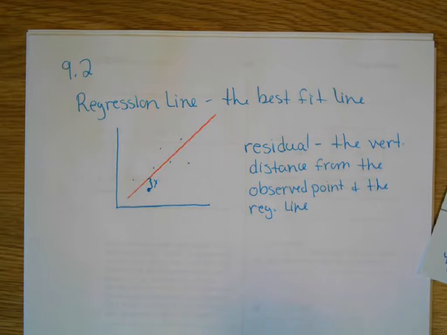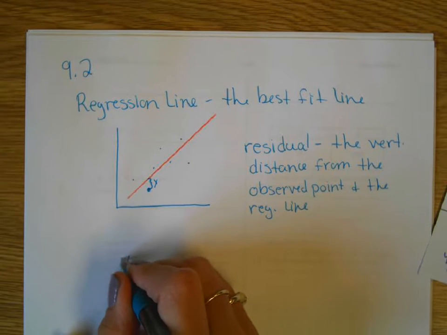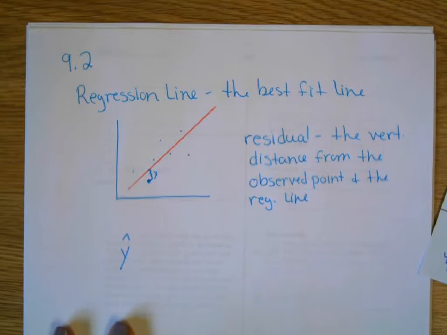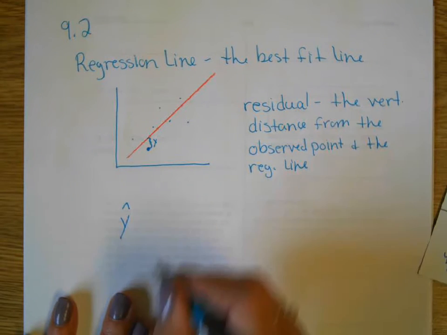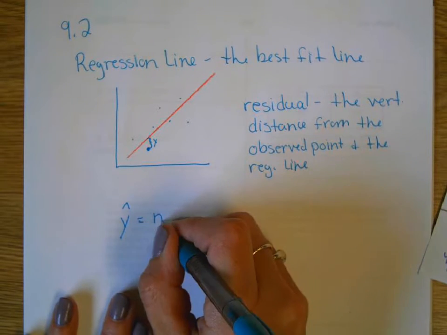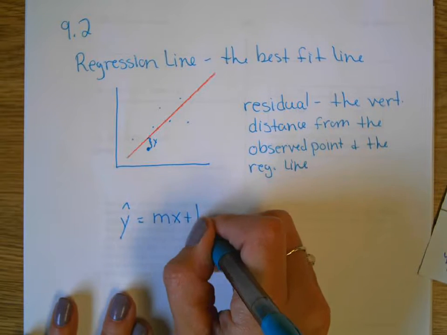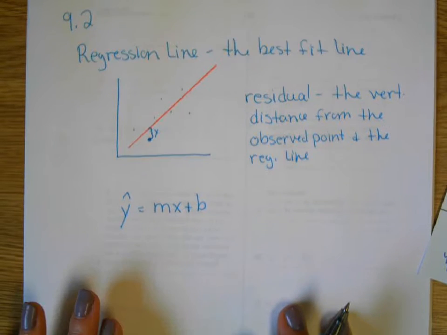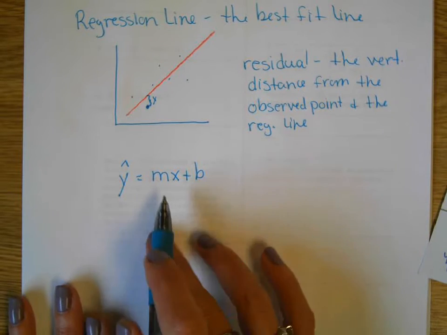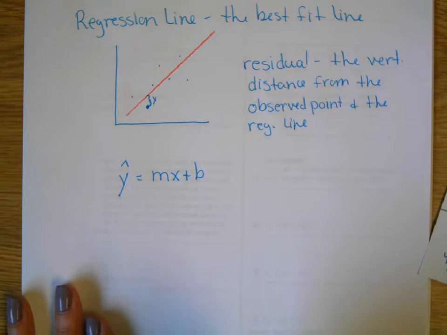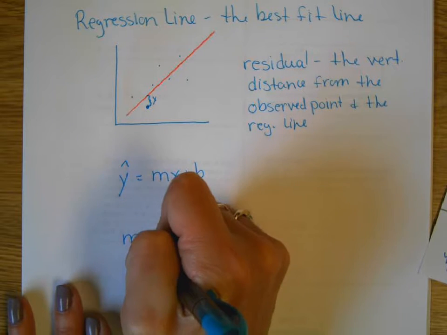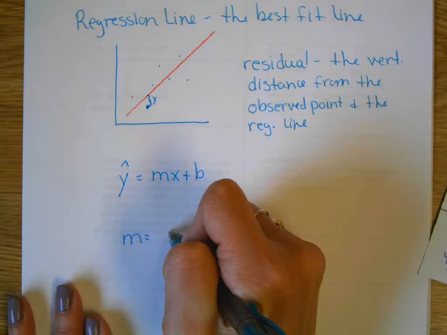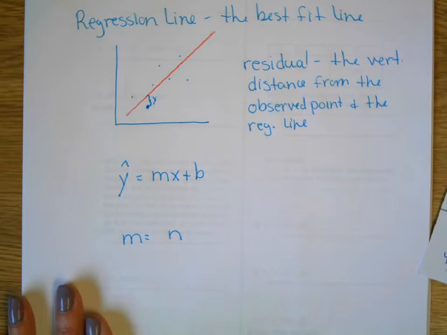So, we're doing linear functions, so the equation of a line, we're going to call it y hat because it's made from sample points, mx plus b, where you need to know the slope and the y-intercept. Those are the two things you've got to figure out. Well, the statisticians found a way to get the slope and y-intercept to make that best fit line with those residuals being a minimum. To calculate the slope, you're going to take the number of data points,